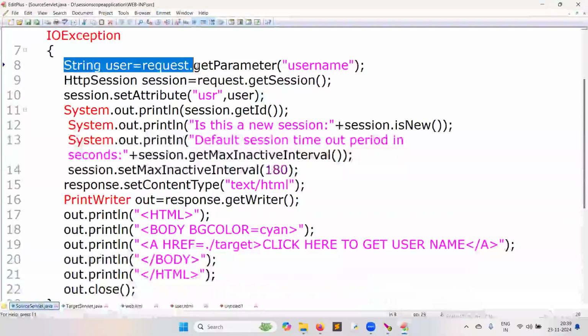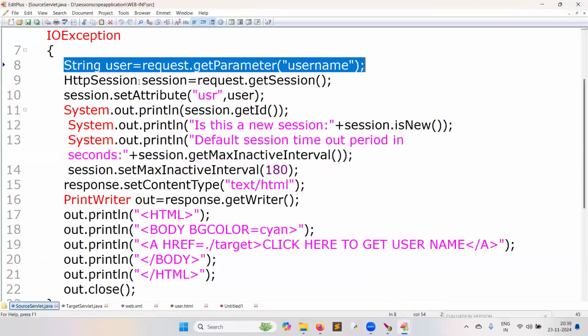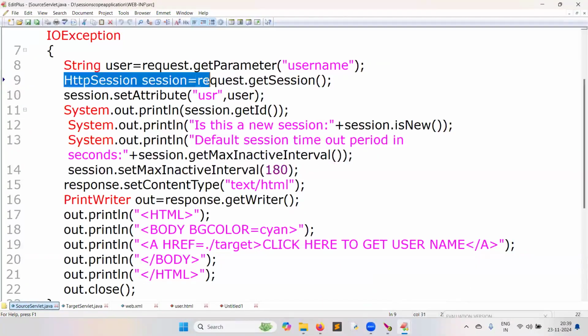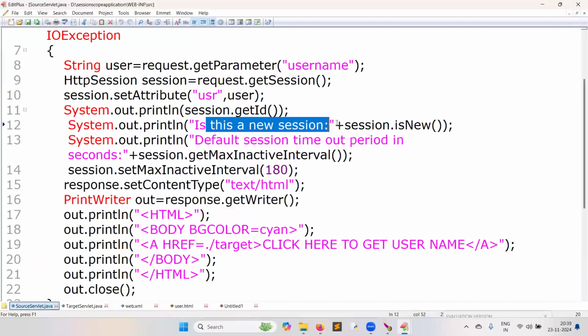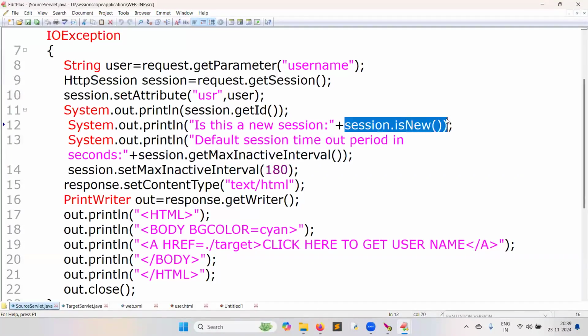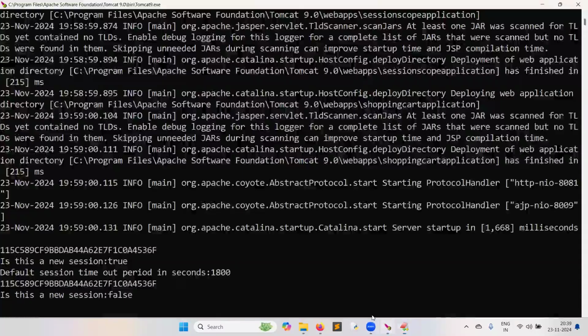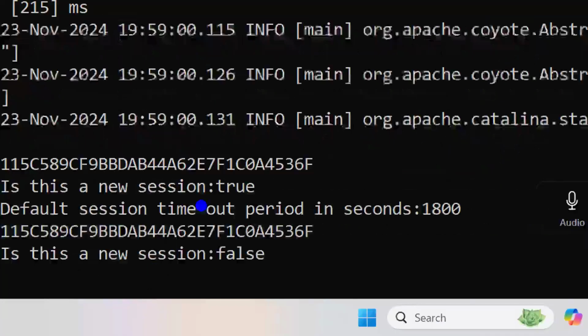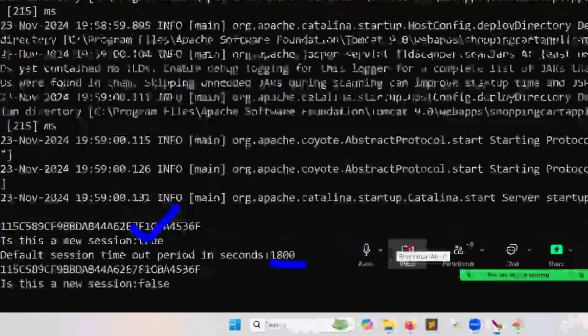It captured the username. I entered Rao. Created the session object. First time, right? Is it a new session? Yes, it is a new session. That is why what is printed? Session is new. What is the default session timeout? 1800 seconds, which means half an hour.